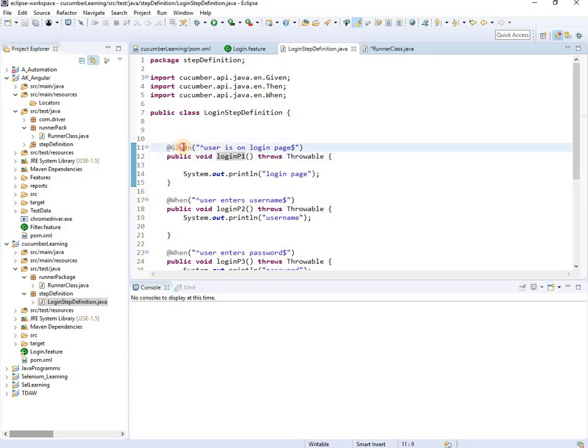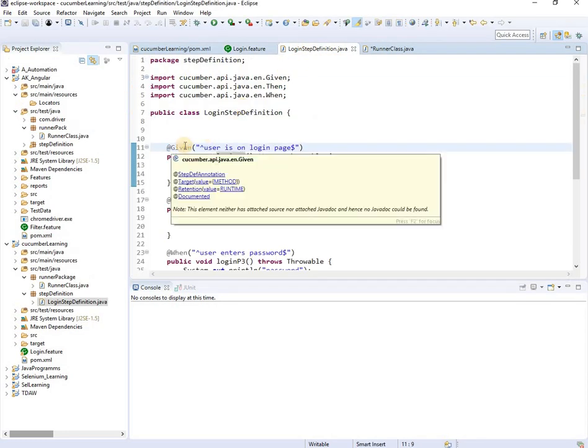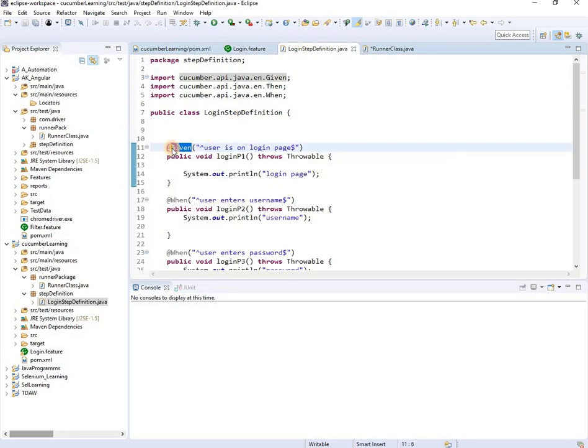It doesn't matter what annotation name you are giving. If the keyword is given and you are giving @When here, then also it is okay. But the name should be the same, preceded by a caret followed by a dollar, between the double quotes. This is the syntax for Cucumber.